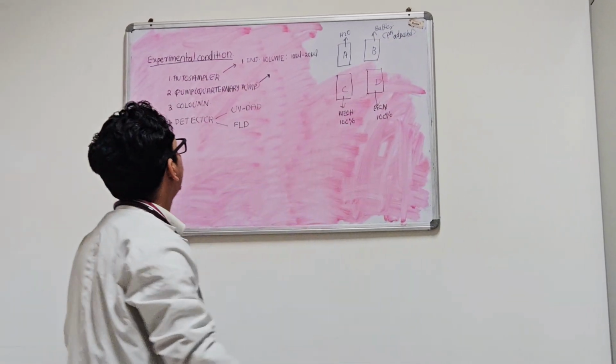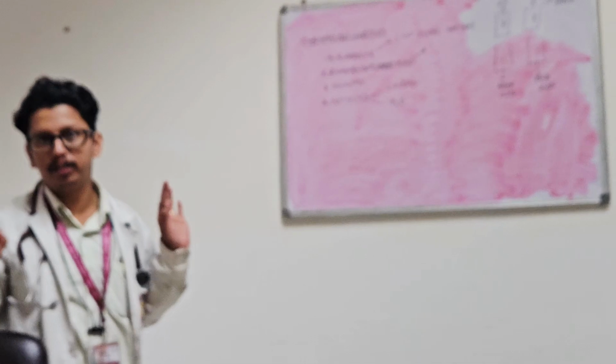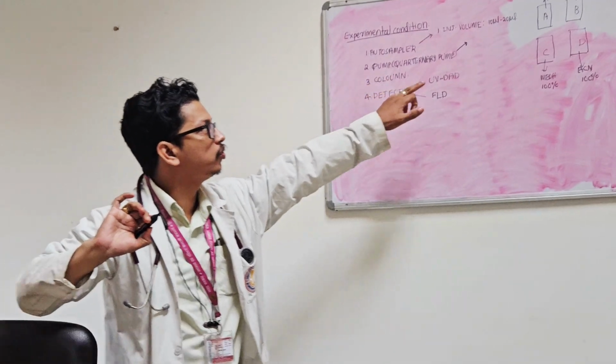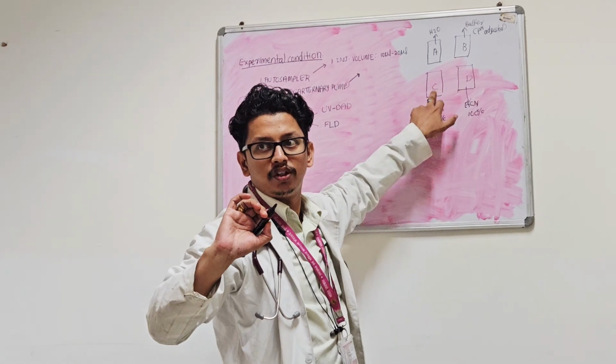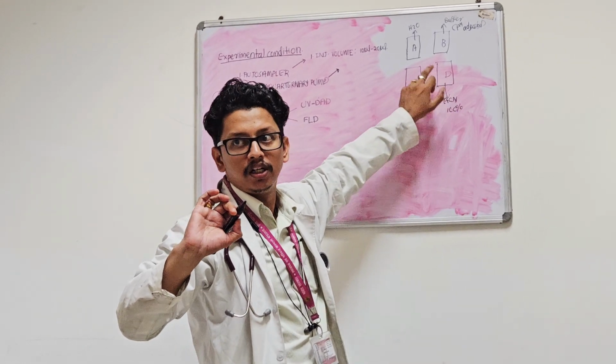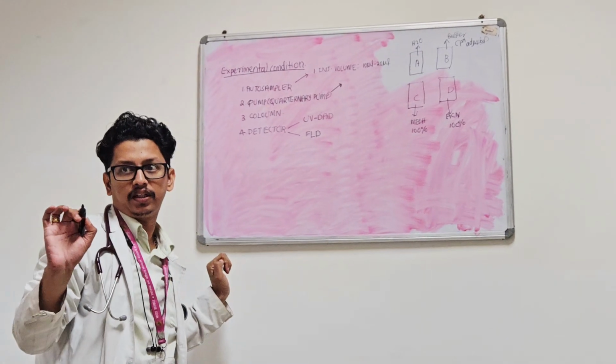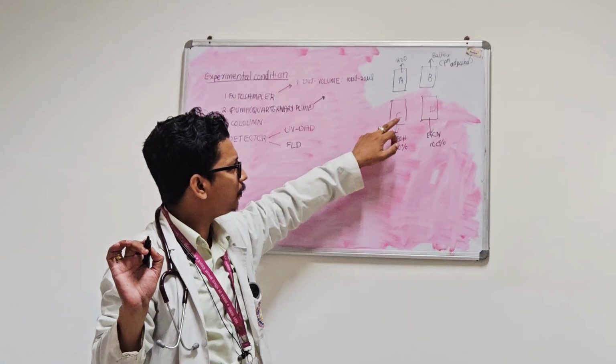Once the machine is configured, we have to set how much percentage of A is taken, how much of B, how much of C, how much of D is taken. Usually in this method, we will take methanol